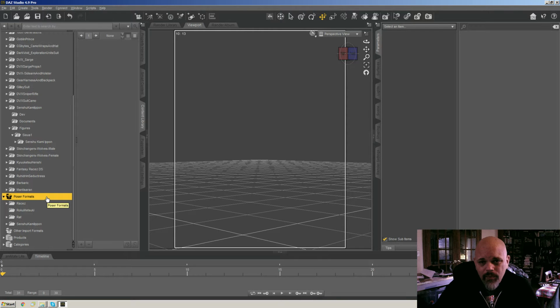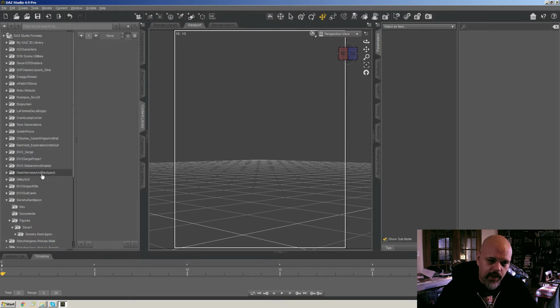For a long time I would have started in Poser. Now it's hard to say. Daz Studio has some really cool tools in it for content development, so you can really start in either one. But if you started in Poser, the way that I would convert your content into Daz Studio